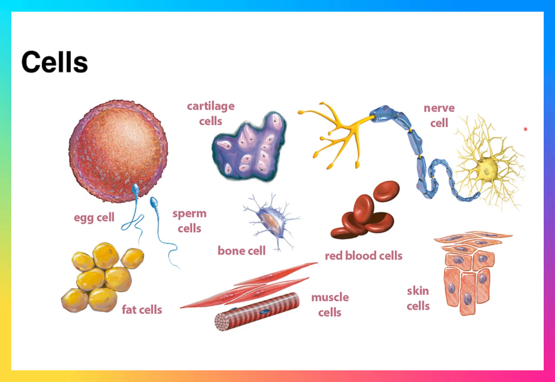And so we have all these various cells. This is an egg cell, a sperm cell. These are cartilage cells. Cartilage cells are part of the connective tissue. The nerve cells make up the nervous system. The blood cells, which are actually felt to be epithelial cells within the bloodstream, skin cells, muscle cells, bone cells,